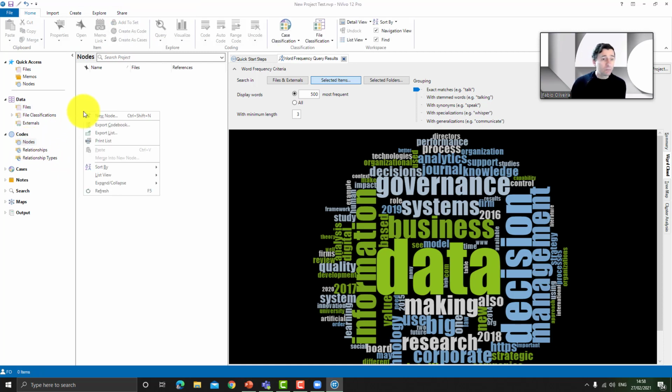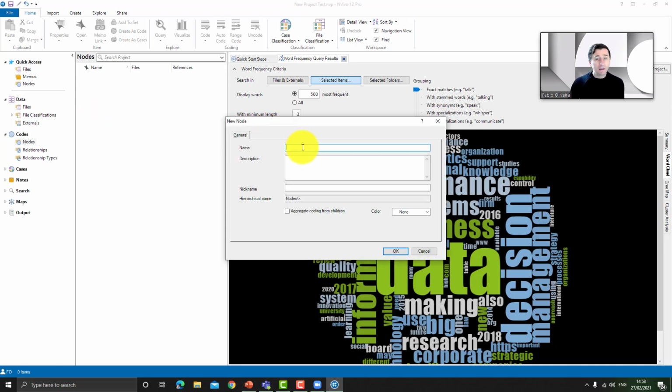I click with the right button, New Code, and I create Big Data. I write a description: all extracts from articles discussing the usage of big data in decision making.